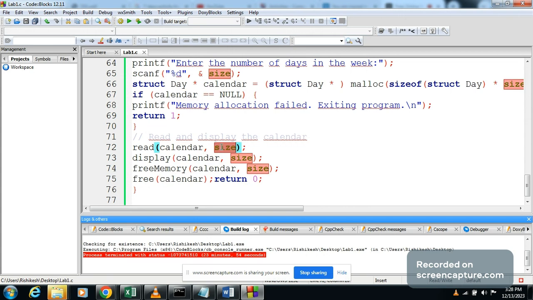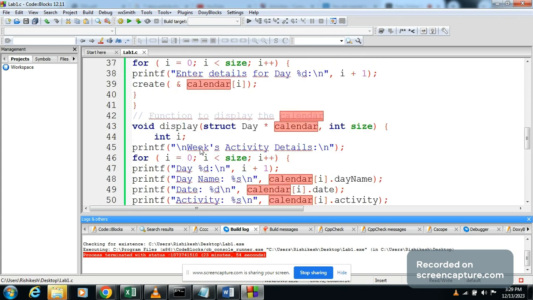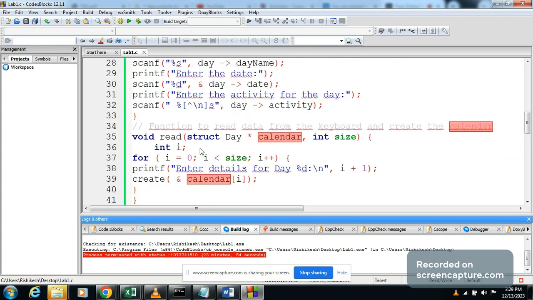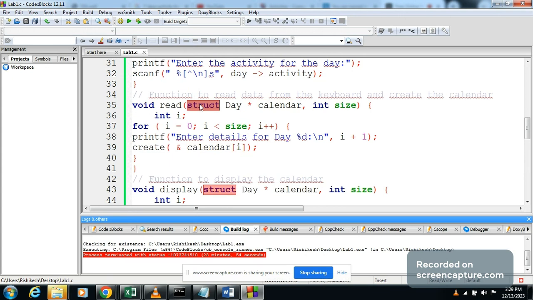And size means 7 days. We are entering from the keyboard 7 and calendar, that is going to be sent as a parameter to read. Now control is transferred to the function read. The read is going to have the two parameters, the structure variable calendar and size for the number of days